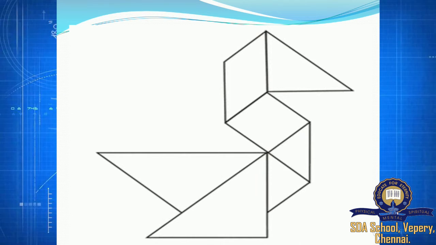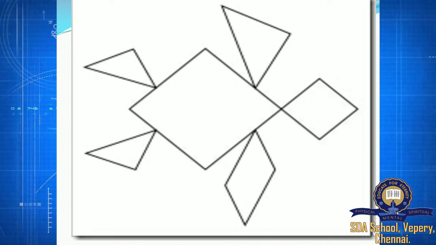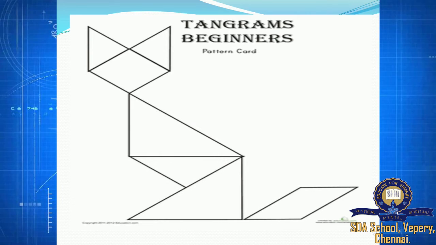Okay? Get the help from your parents. Parents, kindly help your child to draw this one. Let the child color it in their own manner. This helps them to show their creativity. Okay? You just guide them. Let them do it on their own. This is the first picture. The second picture. The third picture. Parents, kindly help the child to draw and let the child color it.